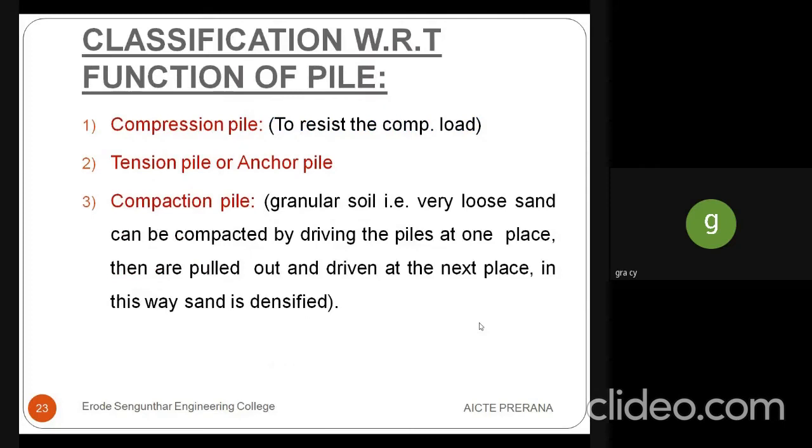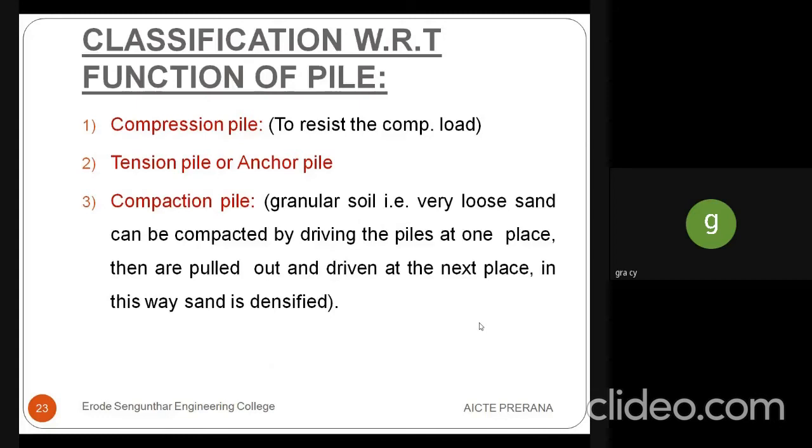Then classification with respect to function of pile. First topic is compression pile to resist the compressive load, second topic is tension pile or anchor pile, and third topic is compaction pile. Compaction pile is used where the granular soil is very loose and can be compacted by driving the pile